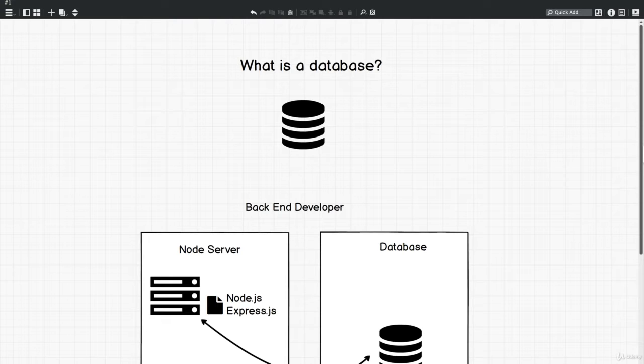So let's ask ourselves, what is a database? A database is a collection of data. And what we mean by data, there are many forms of them, right? There can be numbers, there can be dates, there could be password hashes, there could be user information. Databases allow us to organize this data in a way that is useful to us. And it makes data management easy.